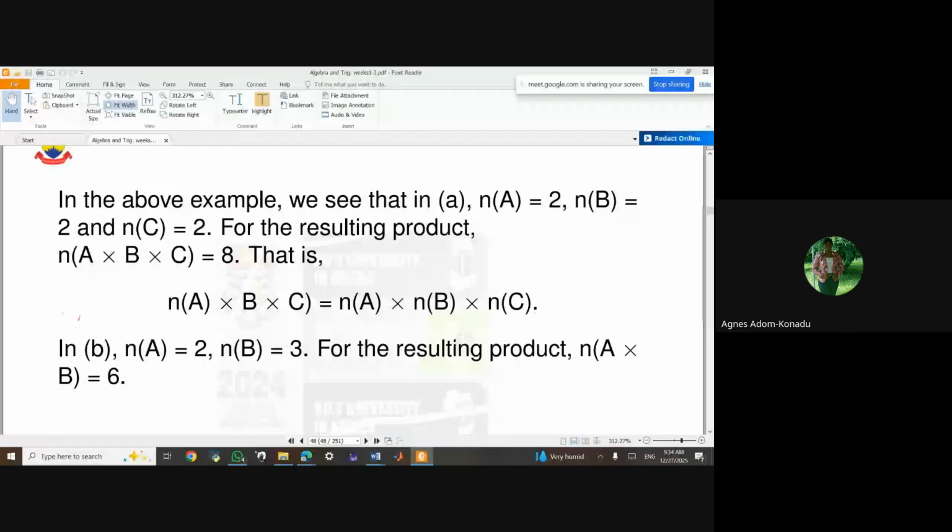Okay, so we are still here. So in the above example, see that for A, the number of elements is 2, the number of B is 2, and the number of C is 3. So for the resulting product, the number of elements of A cross B cross C is supposed to be 8. So we just said it. And then for the other one, we had